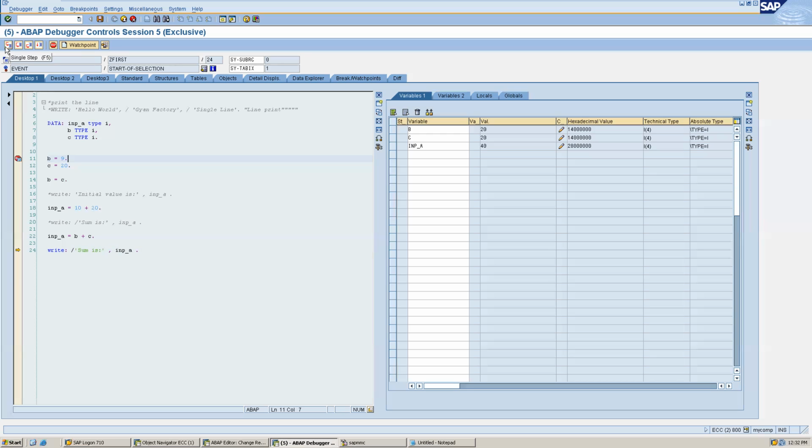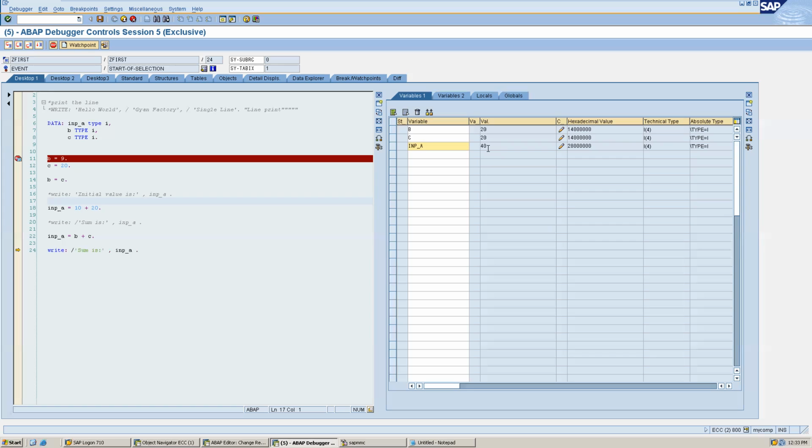Any doubt here? In debugging, we are not passing any values into the return statements and checking the output. See what I have done: whatever variable I want to watch, I have mentioned those variables here, and as soon as we execute the program, we can see how the values of those variables change. In row number 11, the B value was 9, and after row number 14, the value of B changed to 20.